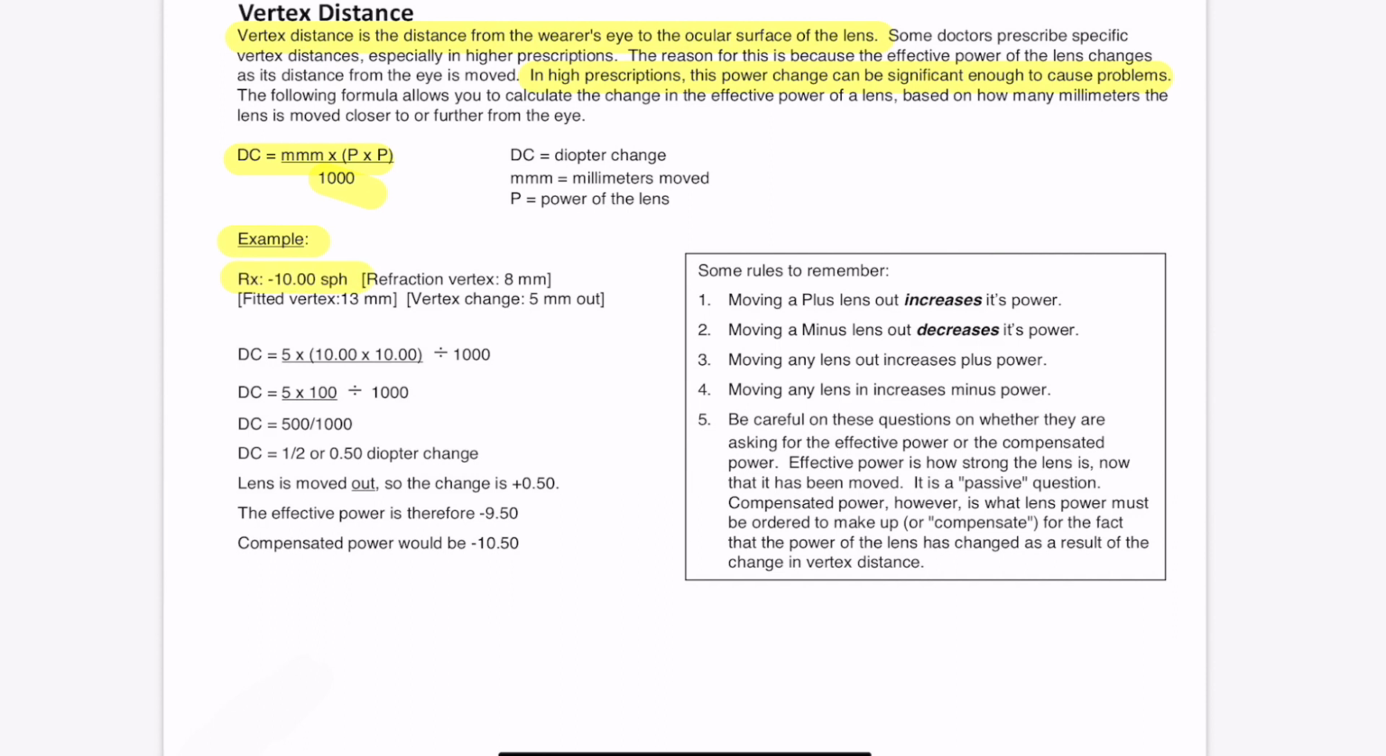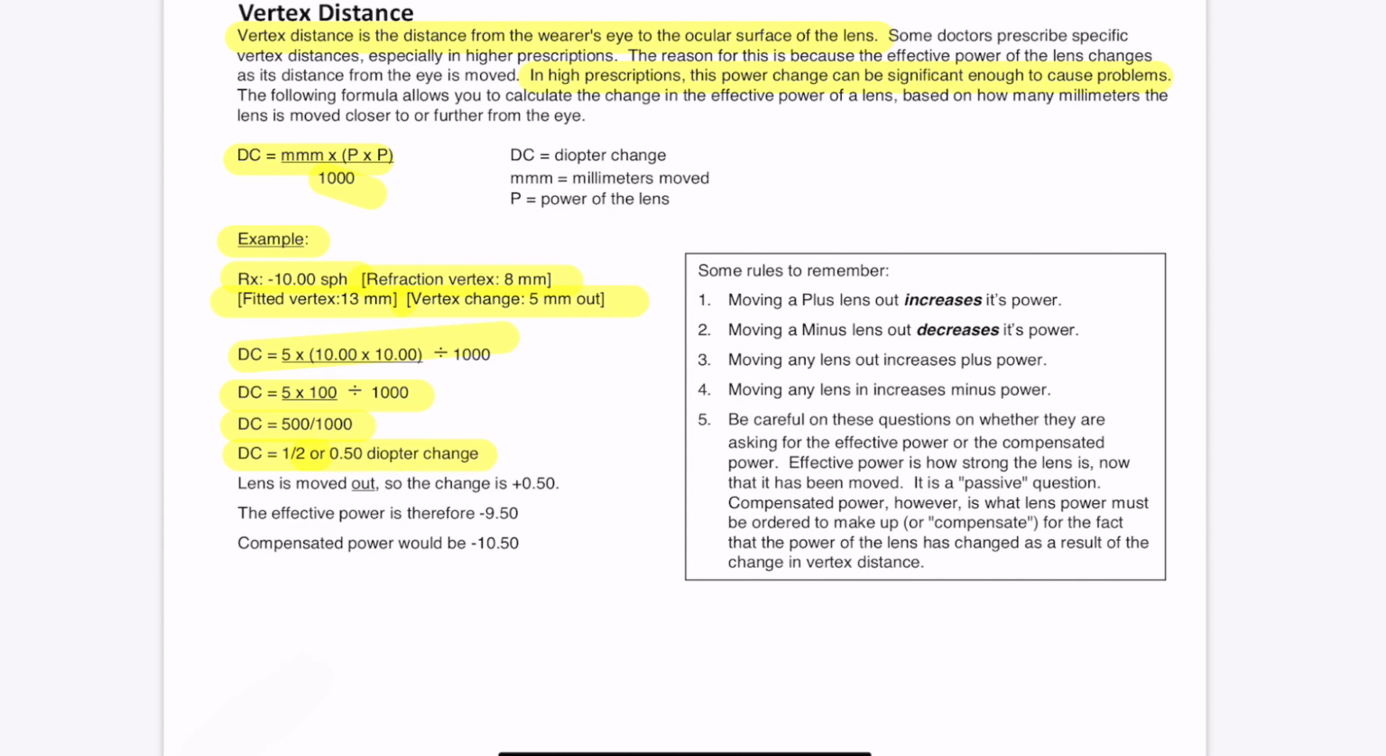That was refracted at a vertex of 8 millimeters, but we now have it fitted at a vertex of 13 millimeters. So simply by doing the math of 13 minus 8, we found that our vertex change is 5 millimeters out. Okay? So looking at our math problem here, we've got 5 times the 10 diopters times 10 diopters, which will be the first part of the equation that we'll do, and that will actually result in 5 times 100 divided by 1,000. So 5 times 100 being 500, again divided by 1,000, is going to be 1/2 or 0.5